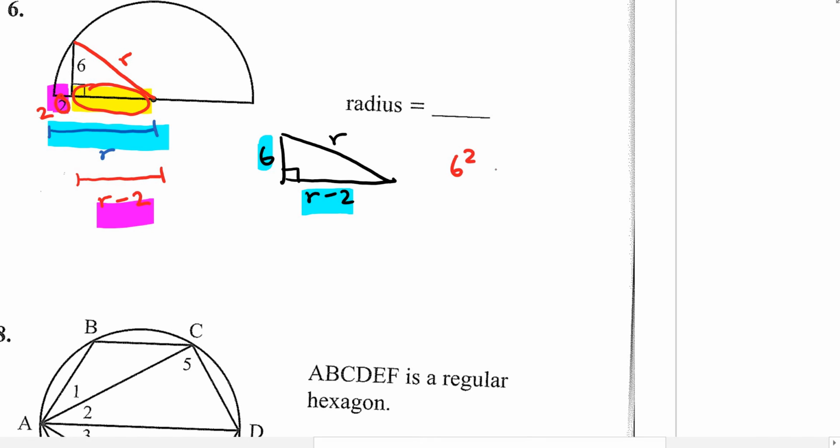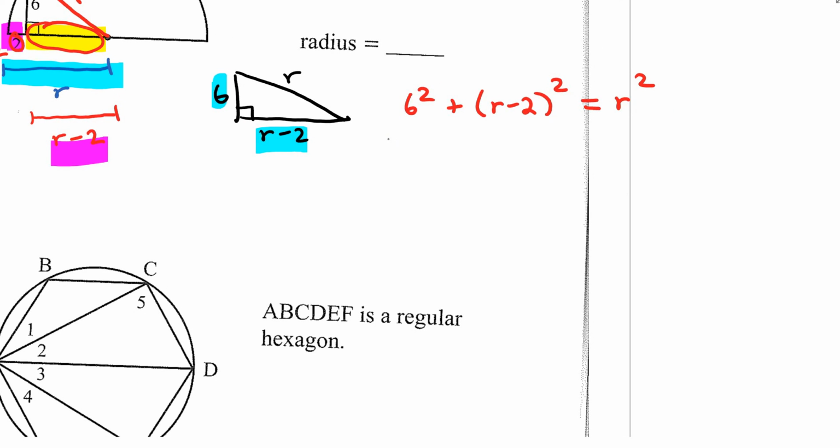So I have 6 squared plus (r minus 2) all squared equals the hypotenuse, which is just r squared. So now you have to deal with this expression here, which takes a little bit of work. So this is going to be 36 plus